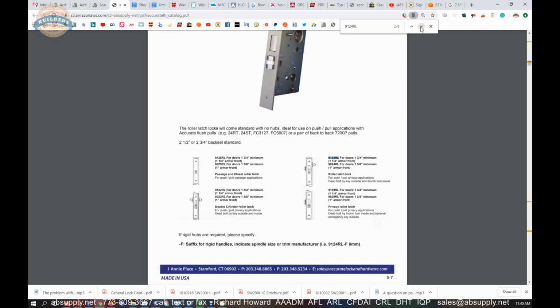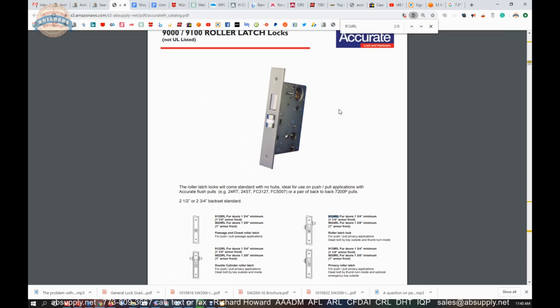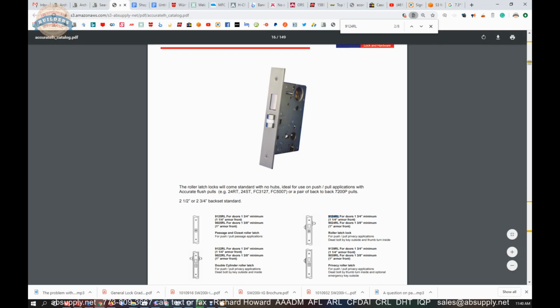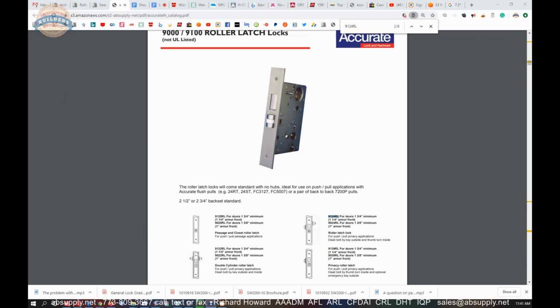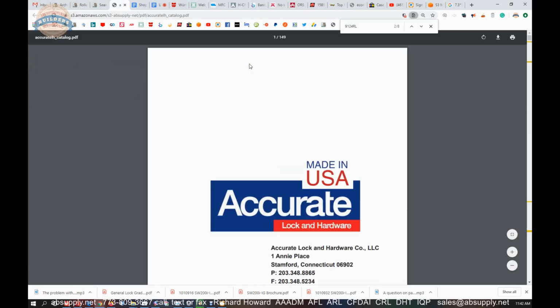And that's really it. That's the only place that this really shows up. So there's not a lot to say about this except that it's a roller latch that incorporates a deadbolt. So it's a nice piece of equipment. Now, since we have the manufacturer's catalog open, just to touch on some highlights of the Accurate product line,